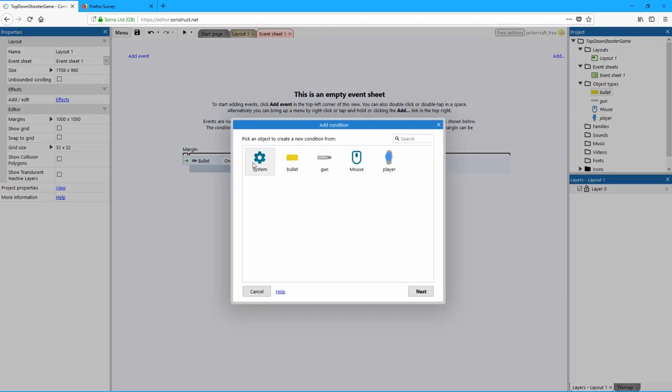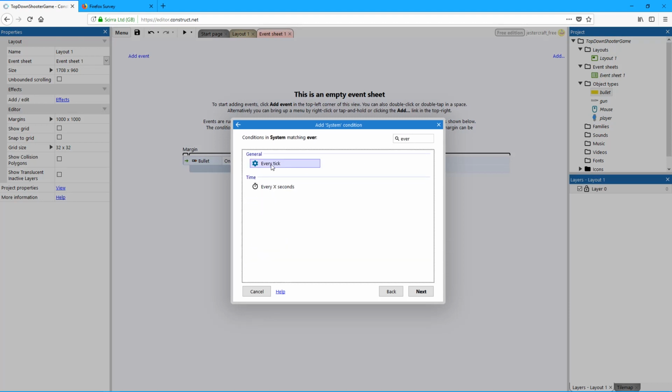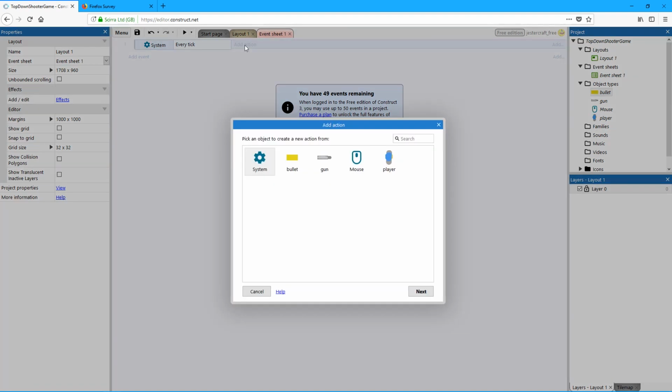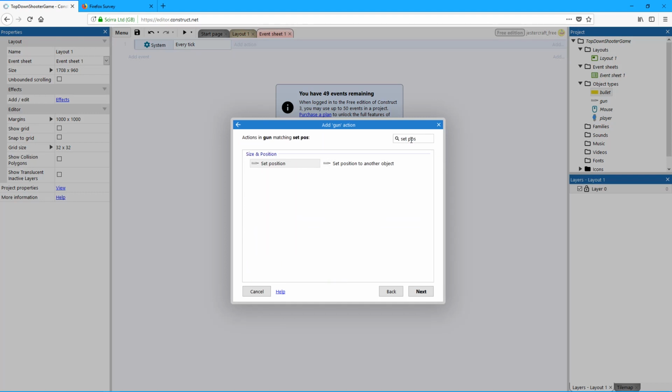Add event, let's choose system, and choose for every tick. You can type it ever, and you can already find it every tick. And here we can do some magic. So add action, let's choose our gun, and search for set position,